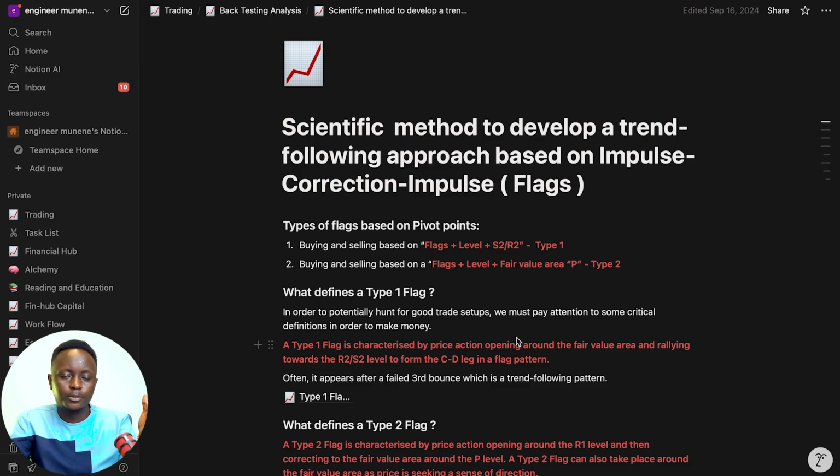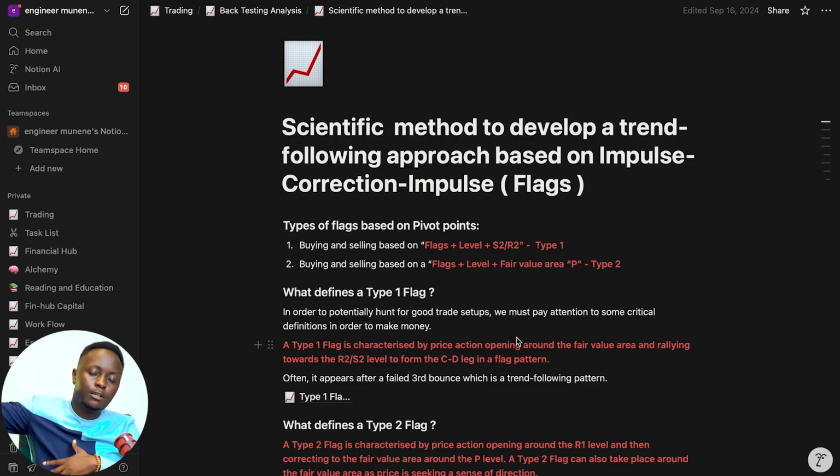A flag pattern is basically an ABCD pattern, which, if you look at the Fibonacci ratios, should have at least a retracement and an extension to the 1.272 extension. For those of you who are not familiar with that, just use artificial intelligence or Google, and you'll very quickly become familiar with what I'm talking about. Then when markets correct to either a 50, 61.8, or 78.6, depending on how big the retracement is, we then get an extended move to the upside.